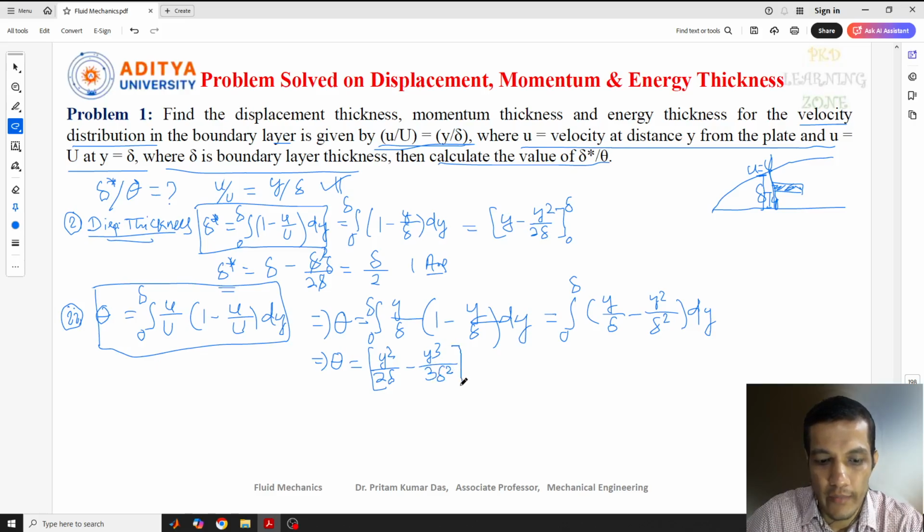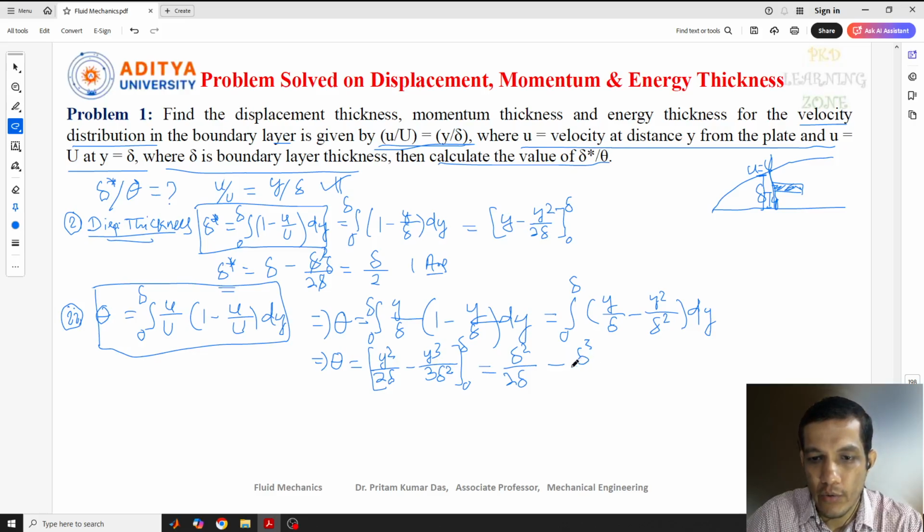So delta square bracket close, and this is 0 to delta. Okay, now what we'll get here, just to solve this one, put the value of the upper limit and lower limit. So delta square by 2 delta. So you can write this is delta square by 2 delta. Lower limit is 0, so no need to put anything. So just put the upper limit delta here, you will get delta square by 2 delta minus, again similarly